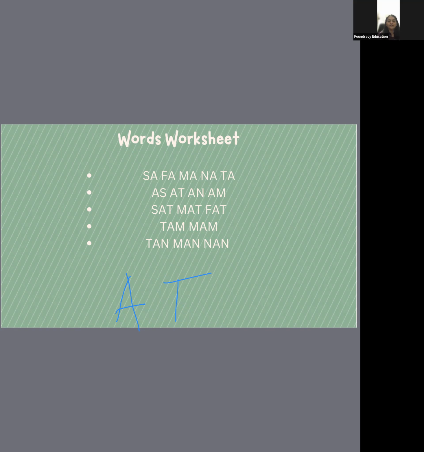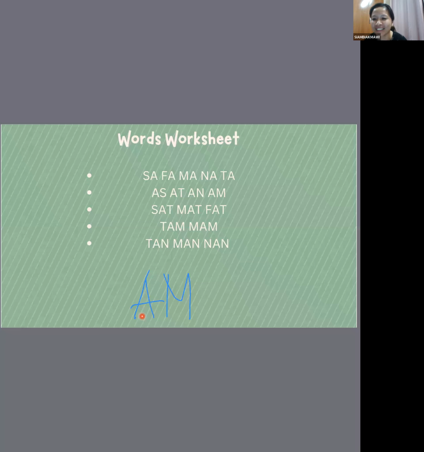So what will be the sound of this? At. Yes. Similarly, this also, this is easier. Yes, correct. Slowly we will reduce this a also. So an. Okay, and the last one. I know I am making you revise this because I just feel like I'm teaching kids, so that's why I follow the same method. No, anyway, it's new for me, so it's fine. Okay. So what's the sound of the